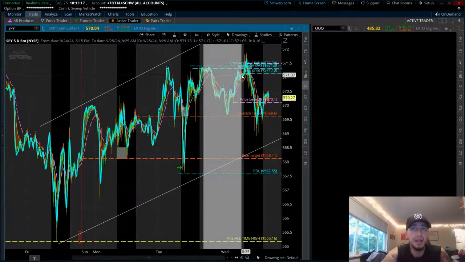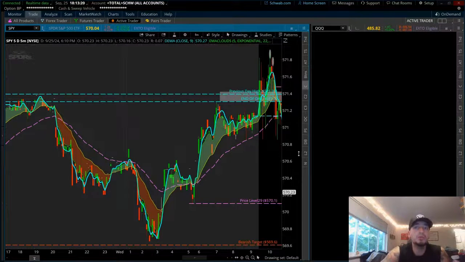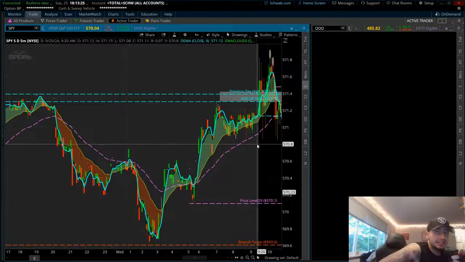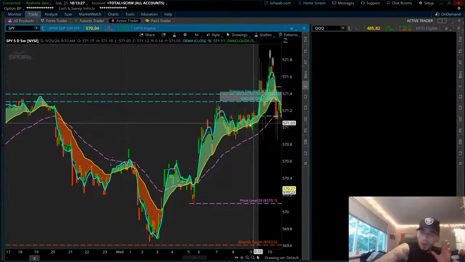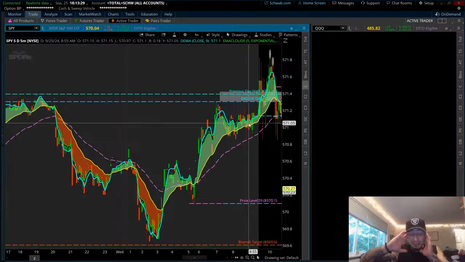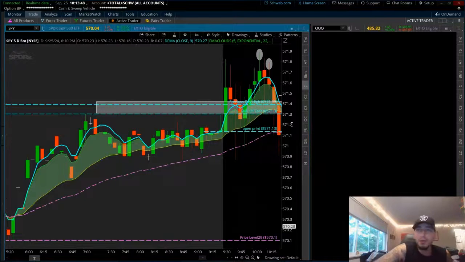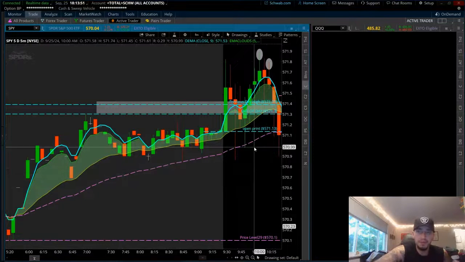Once again, if buyers lose that level, I'm looking to target pre-market low, which is down here at 569.60. So now we've identified that buyers do not have the bullish scenario. In a 50-50 world, buyers are either going to hold the sweet spot and price is going to go up, but if buyers lose the sweet spot, price is probably going to go down. It's a very high chance. So we fall below the 50 right here. This is very bearish.